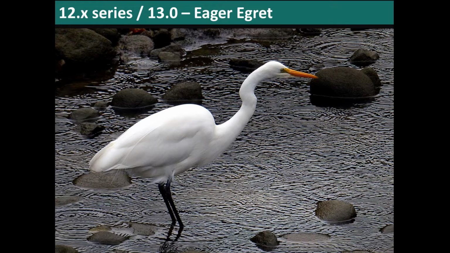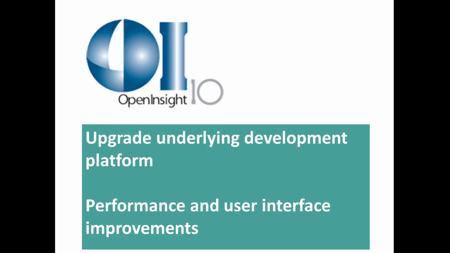next year. The most critical change in that for us is the upgrade of the underlying platform on which Vernon is built. So the database and the front end within Vernon is using a product called OpenInsight. There's a new major version of that, and the version we use, version 9, will be reaching end of life. So it's essential that we upgrade that.